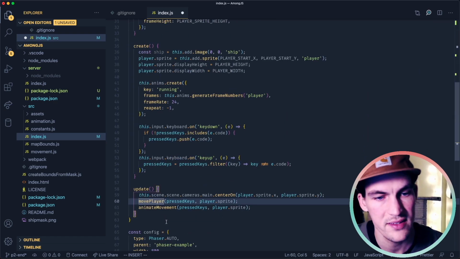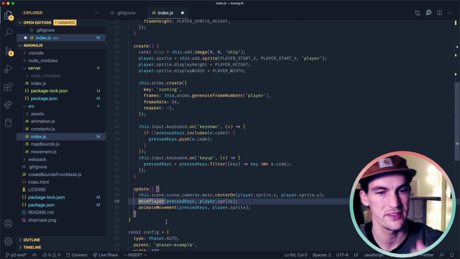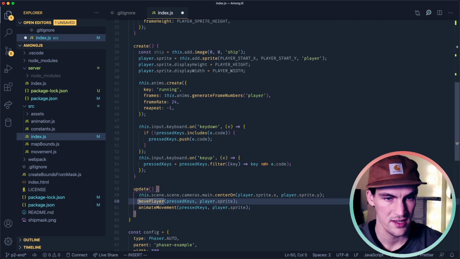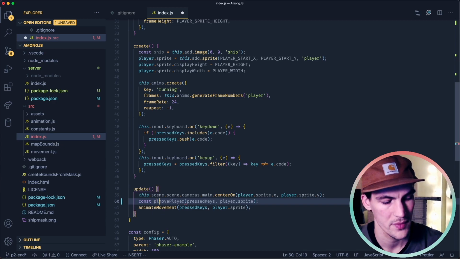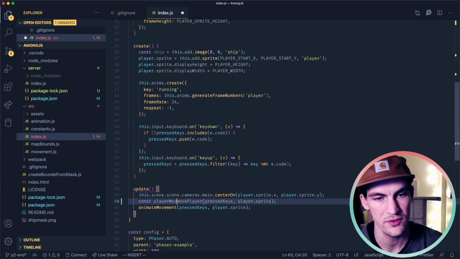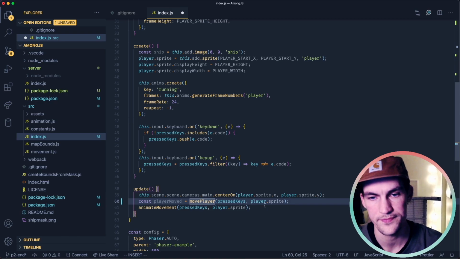We have abstracted away movePlayer into a file. So let's change how the movePlayer function works. We will actually return a value, true or false, if the player moved or not.